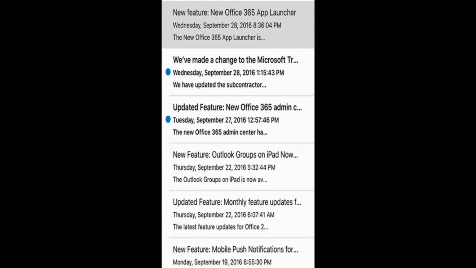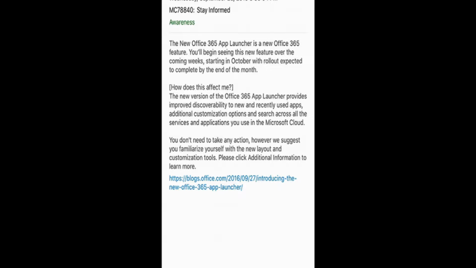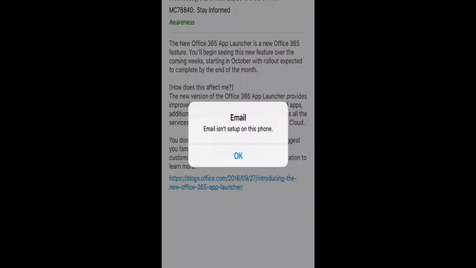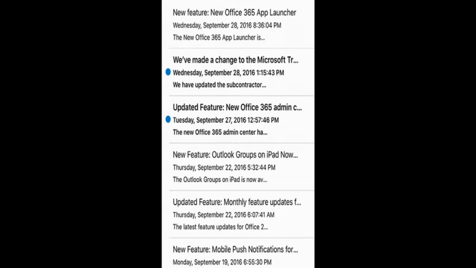And as you read through, you can click and see more information as well if you're interested in seeing more details, or if you need to share that information with other admins or other users in your organization, you can just go ahead and share that, and it'll open up the default email client. And as I go back, it marks it as read, and this also syncs with the Admin Center. So it's really starting to converge the experience, one experience no matter what device you're on, Surface,